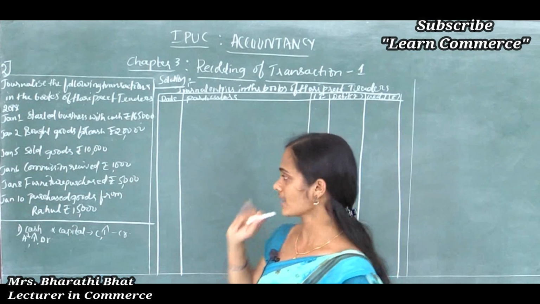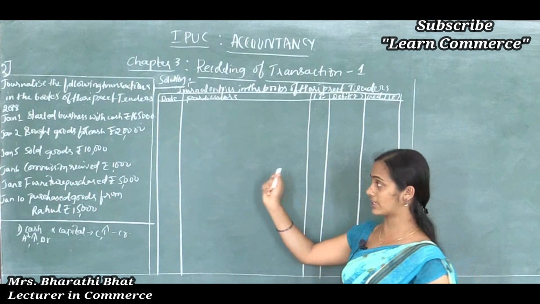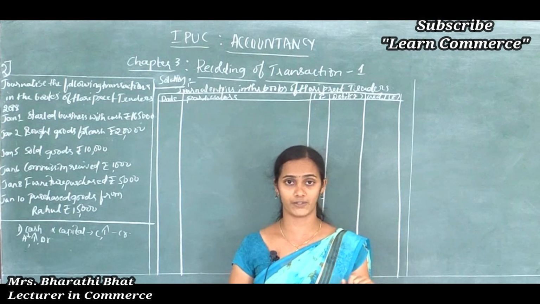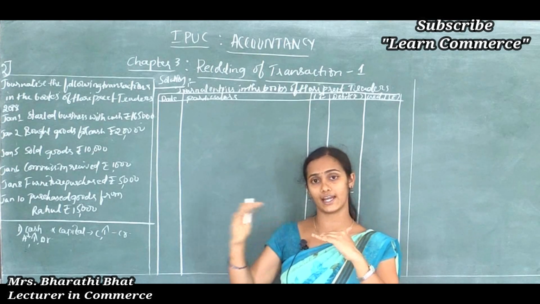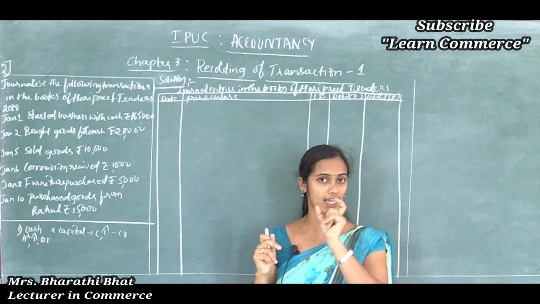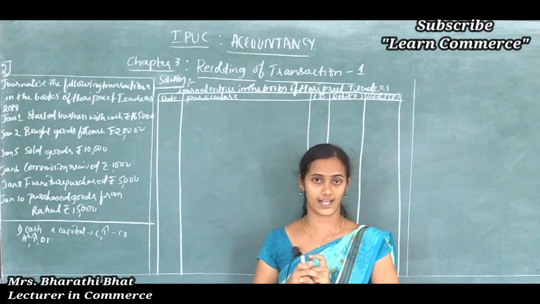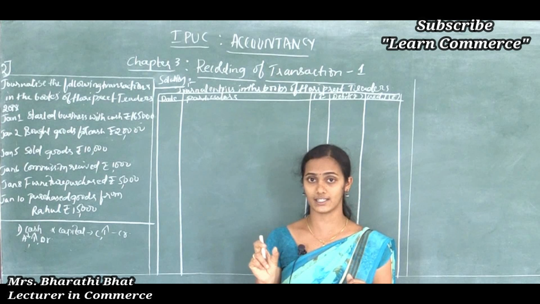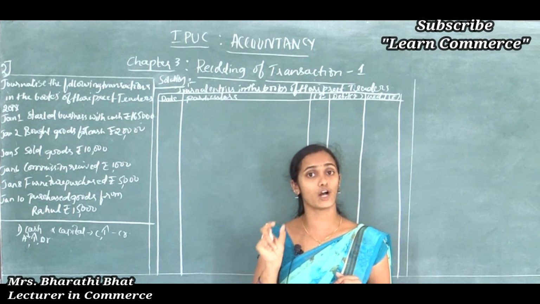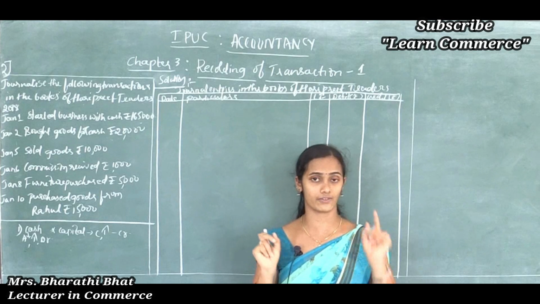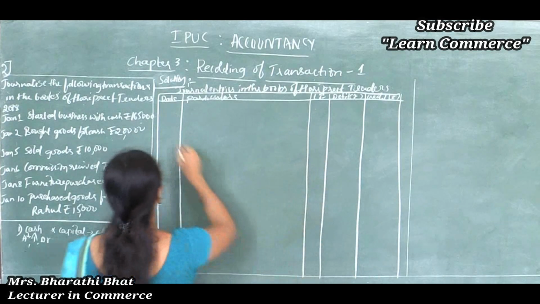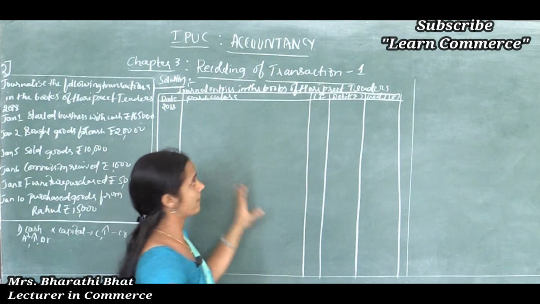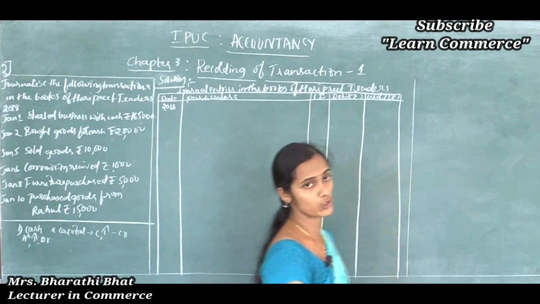And afterwards, how can we record the transaction in the journal, that is the original book of entry? In the first line, we should write the debit aspect of a transaction, and in the same line at the end of the column, we should write the prefix Dr. In the next line, we should leave sufficient space for margin. Then we write the account to be credited with the prefix To. So first, in the date column, this is the format of the journal: Date, Particulars, LF, Debit amount, Credit amount in rupees.